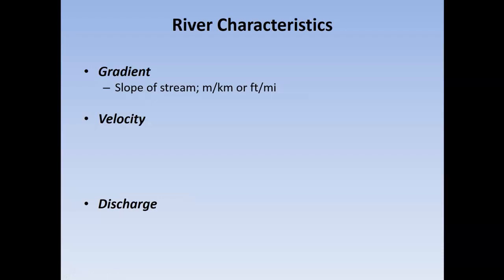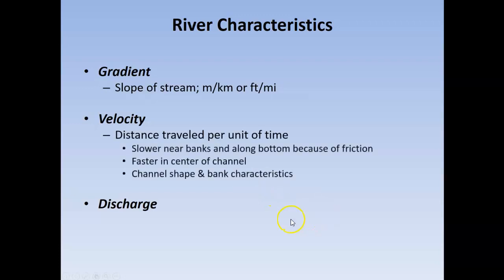So a gradient might be 2 feet. That would mean that over every mile, in the distance we would travel 1 mile, the elevation change of the stream would only be 2 feet. That's a pretty gentle gradient. Or we might have a gradient of 500 feet, which would mean that over that same mile, my stream's changing in elevation 500 feet. Now that has something to do with, of course, the velocity, how fast the water is